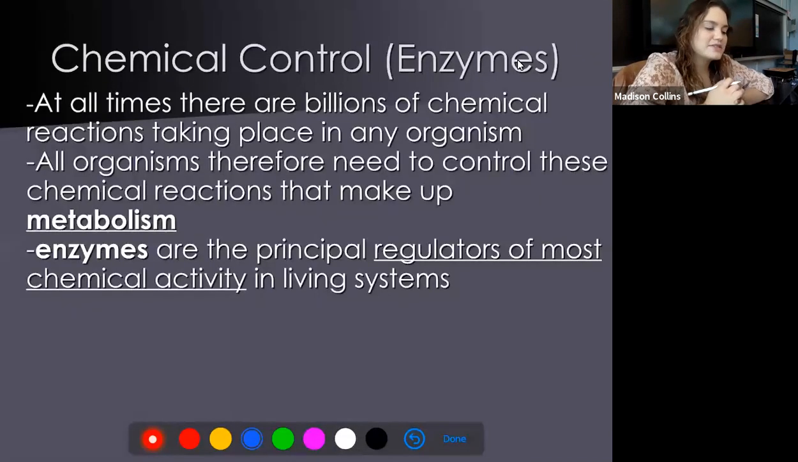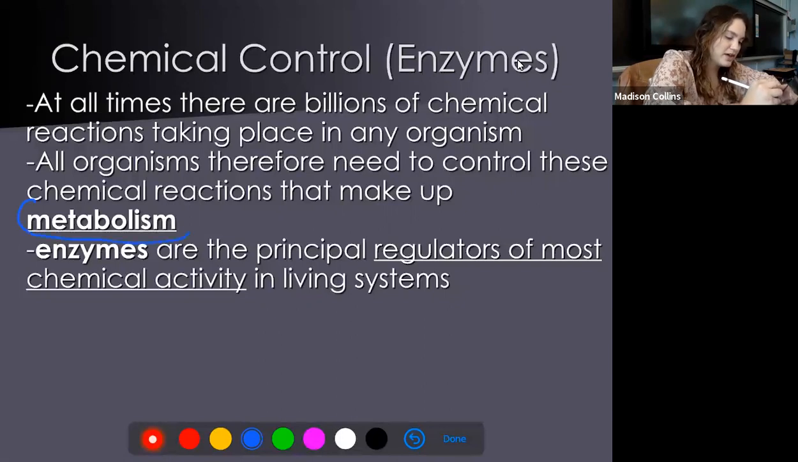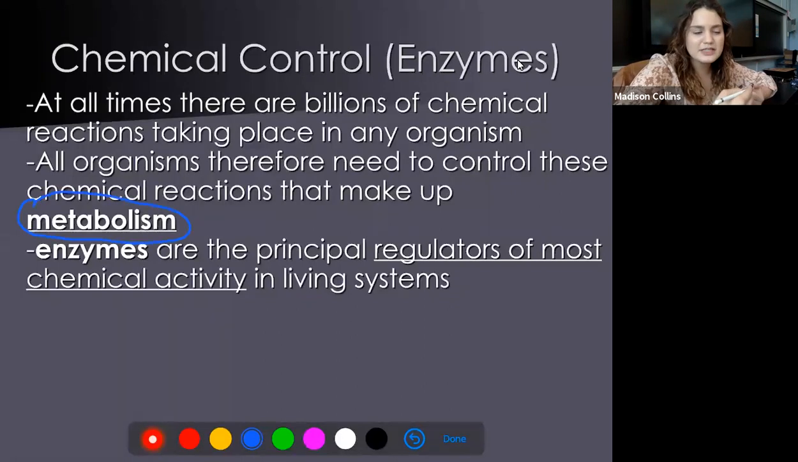So at all times, there are billions of chemical reactions happening in any organism. So right now, you guys are sitting here. There could be billions of chemical reactions happening inside of you, and you don't even know it. So all organisms need to control these chemical reactions that make up something called metabolism. So you may have heard one of your friends say before that they've got a really fast metabolism, or they have a really slow metabolism. And when they say that, they're usually talking about how fast or slow their body breaks down food or uses energy, right? And that's because metabolism,